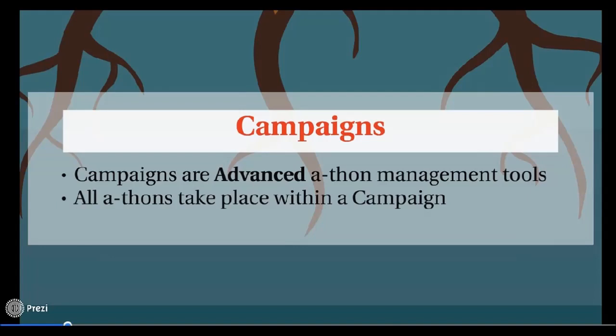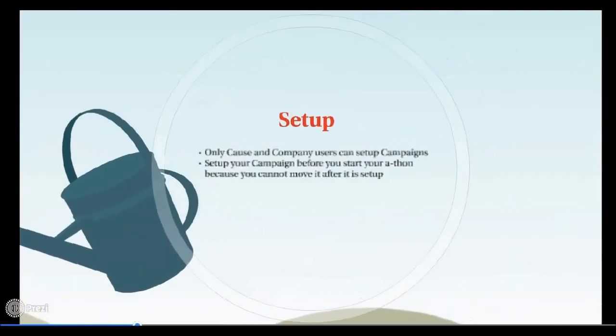A-thons can only take place within the campaign, and therefore campaigns are a central part of the a-thon.org system. However, most users won't have to be concerned about campaigns, as they can simply set up their a-thons in the open campaign that was established by the a-thon.org staff. Of the three user types, individuals, causes, and companies, individuals cannot set up their own campaigns. They must use the open campaign that has been set up by the a-thon.org staff. Cause and company users can set up campaigns if they need, but in most cases, the open campaign will meet